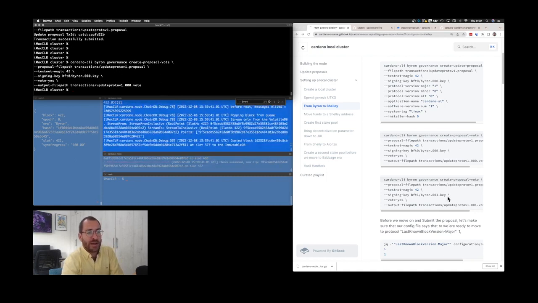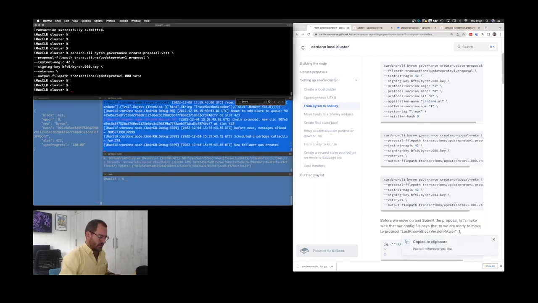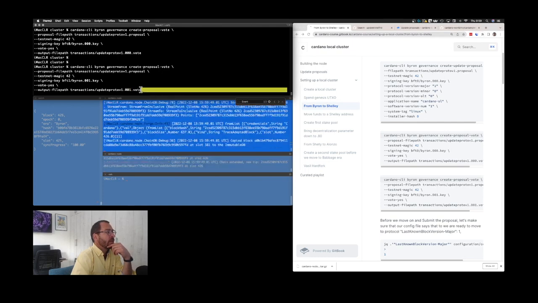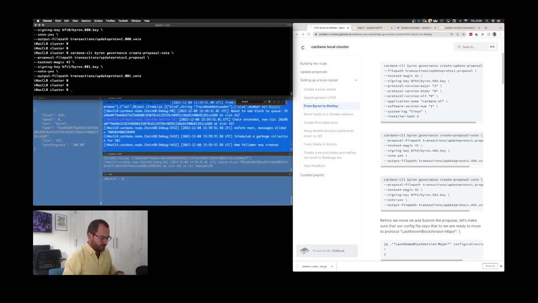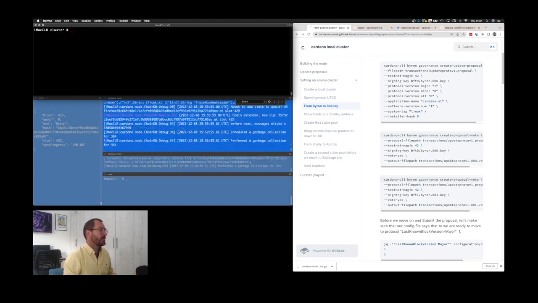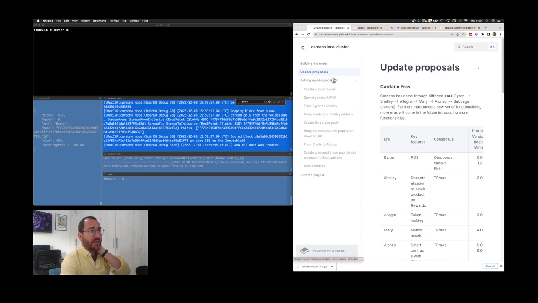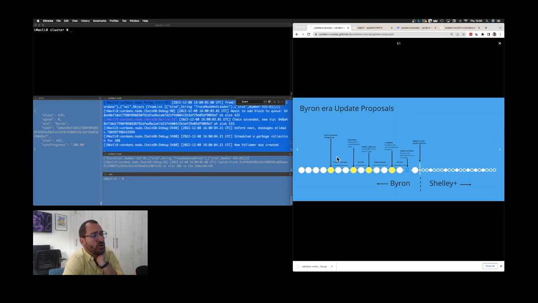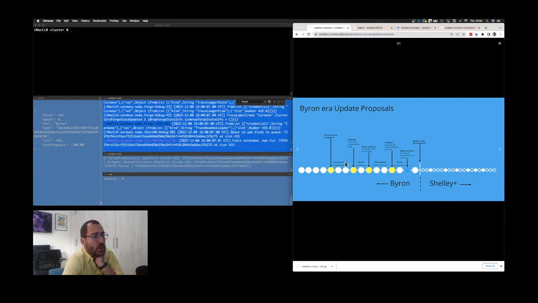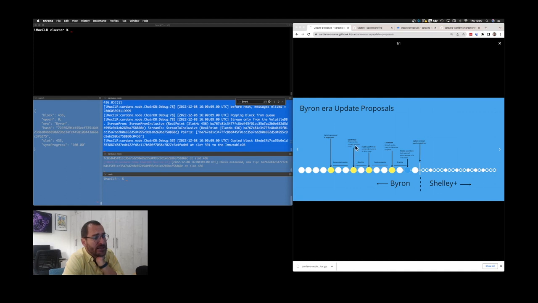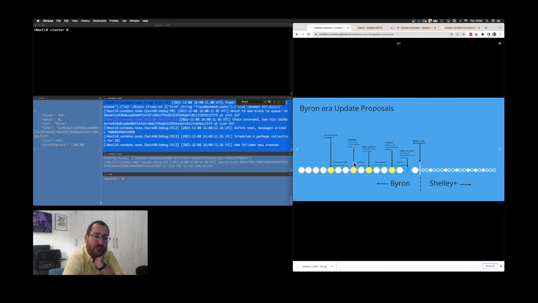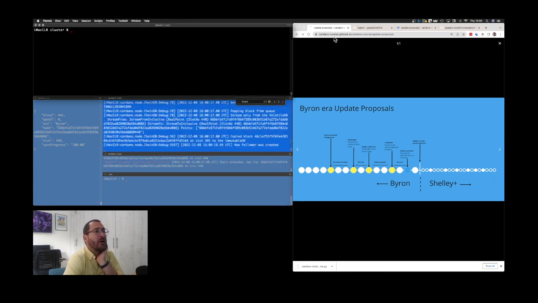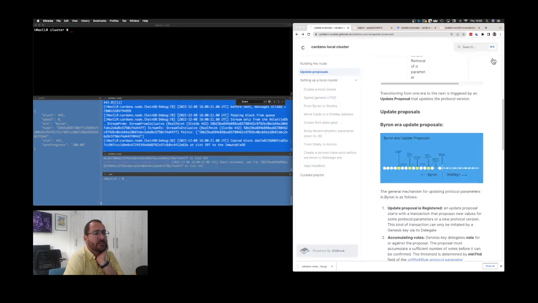The same goes for my other delegate. He produces his vote as well. Ready to go. And let me just clear this screen for a second, and let me come back to our diagram. So we are now going to submit our votes, and when we submit our votes, we should see a message saying that our proposal is confirmed, right? It happens when we accumulate sufficient votes. So let me just now come back to my script,